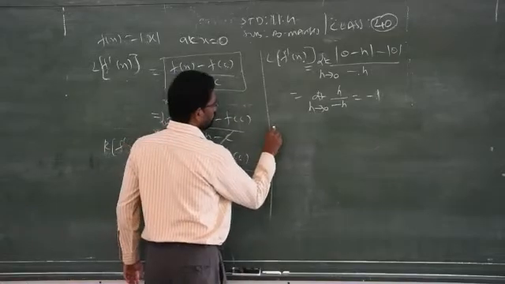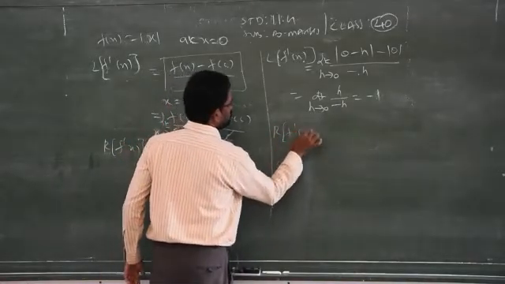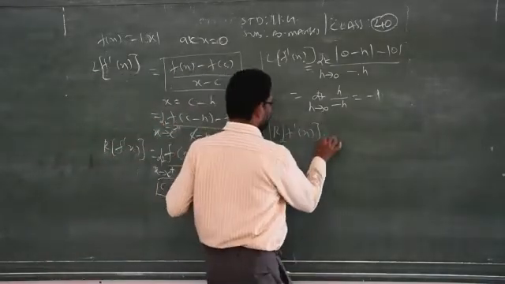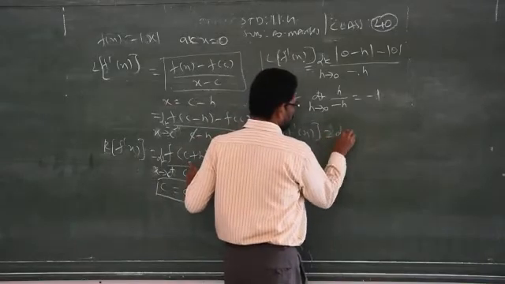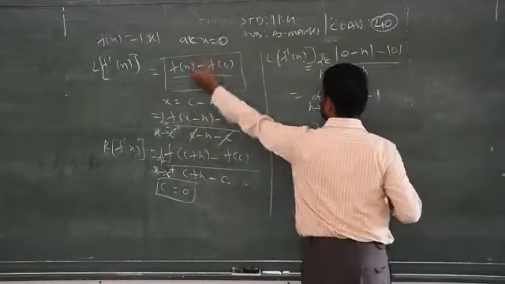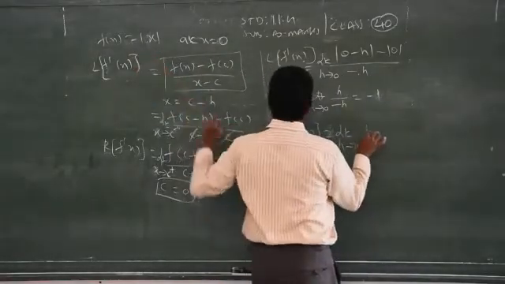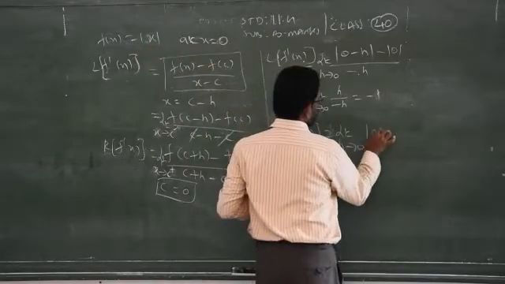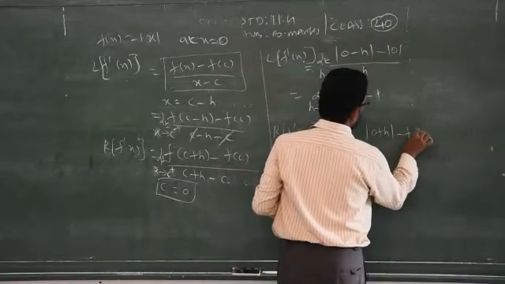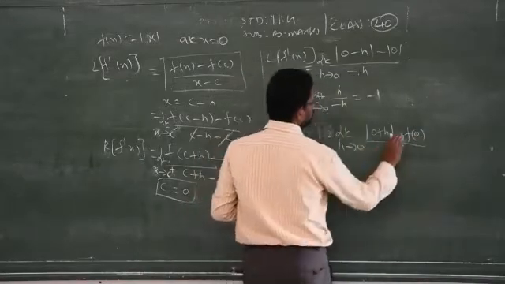Now you will go to the right hand derivative. Here you have to write the limit. Just now I said I straight away started by writing it this way. I am replacing x straight away by 0 plus h. F of 0, that is, in the place of x you have to write 0 plus h, like what you did already for the existence and continuity of the function, that is 0.